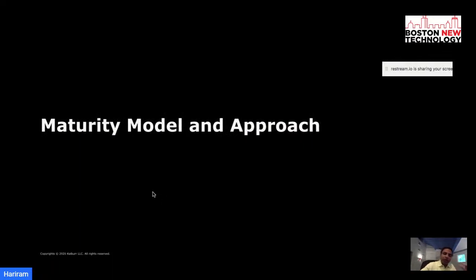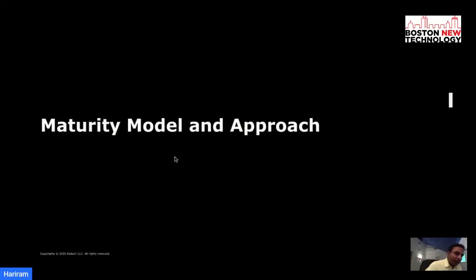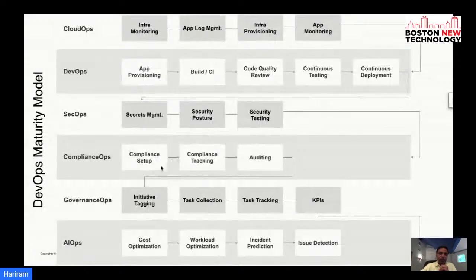Now, given that high-level summary of some of the challenges and high-level benefits of applying a DevOps-based approach, in the next section I will spend more time on the maturity models that we recommend, as well as an approach you could follow to get better value from your processes. Now, this is a high-level maturity model that helps you look at some of the core aspects of how you perform activities with your cloud functions, how you perform activities with respect to DevOps and related activities,